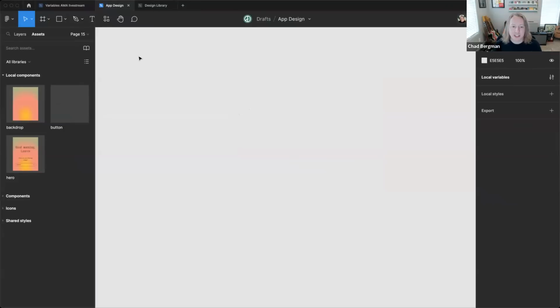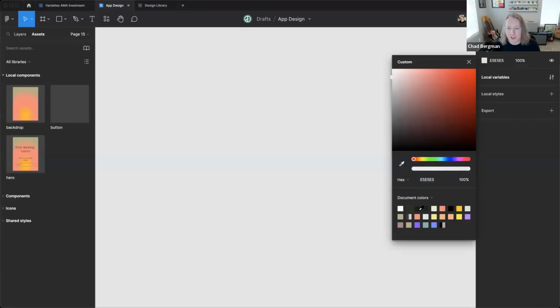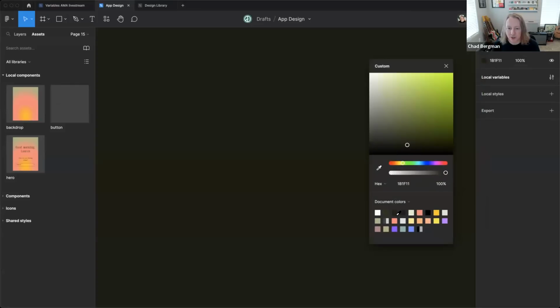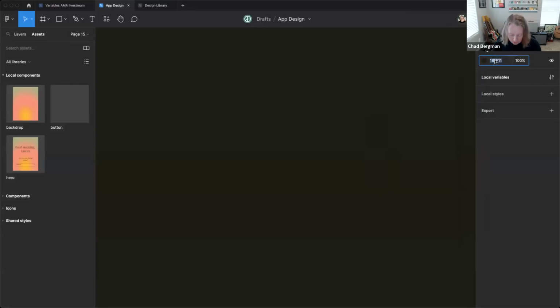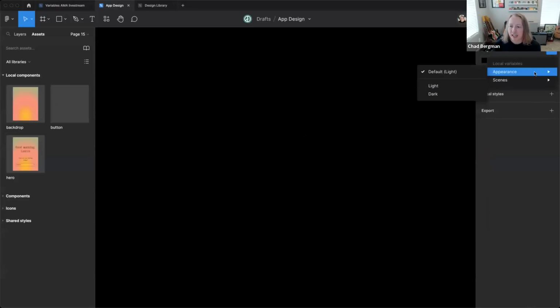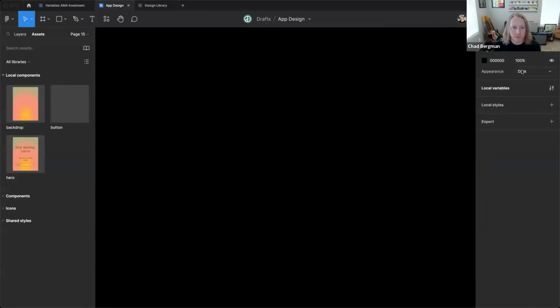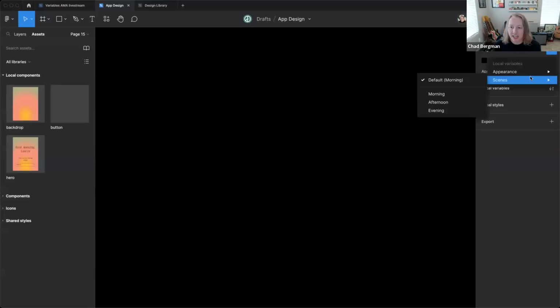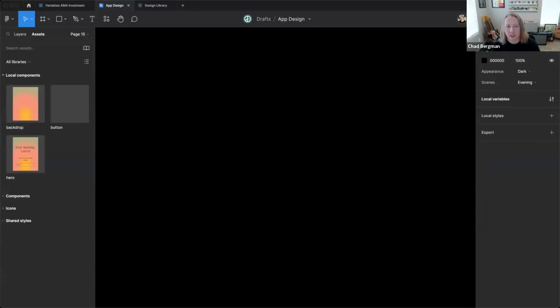We could set our page with nothing selected over in our design panel here, where we would normally set our background for the page. Let's make that a little darker there. Let's just make that 0, 0, 0. We have our variables icon right here. So we could change the mode for the page here. And so maybe I want it to be dark mode by default. And instead of that default of morning, I want it to be evening at the page level. So now if I drag this hero out,